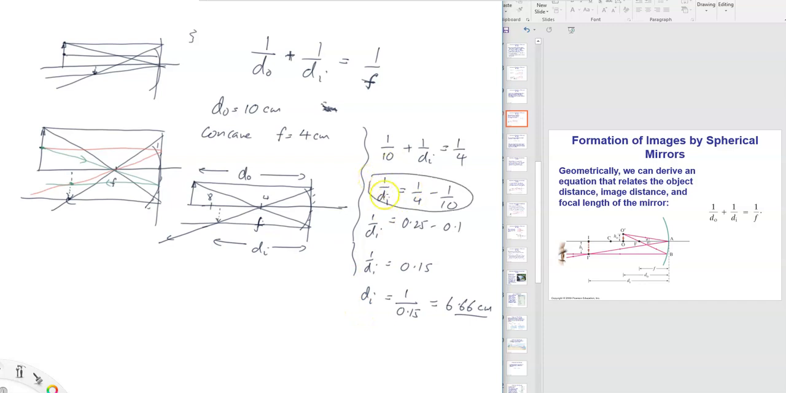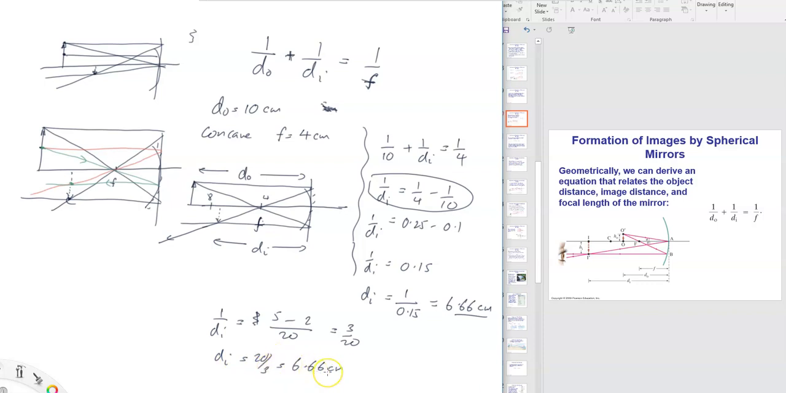You can also do it using a common denominator. 1/dI equals, if you make it all 20, 4 times 5 minus 2, so 3/20. Therefore dI is 20/3,